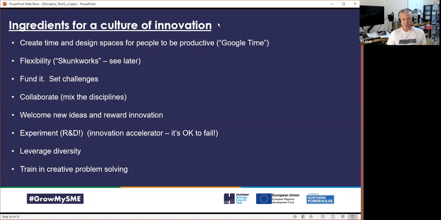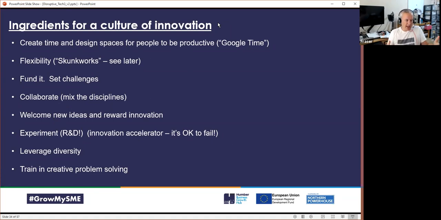The other way is, of course, to fund challenges, to work with others, and to set a top level challenge and invite people in, like universities, and say, okay, here are our problems in a very open and transparent way. Can you go off and solve them? We will seed fund your ideas.